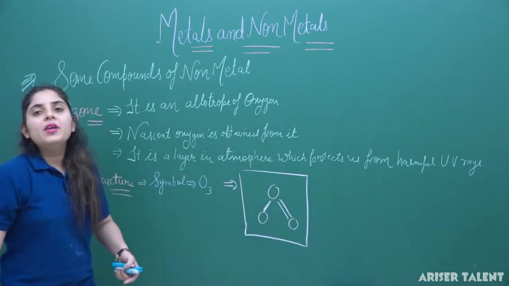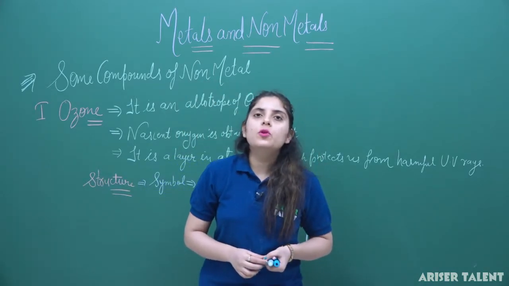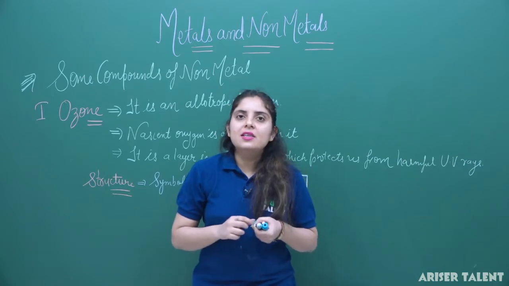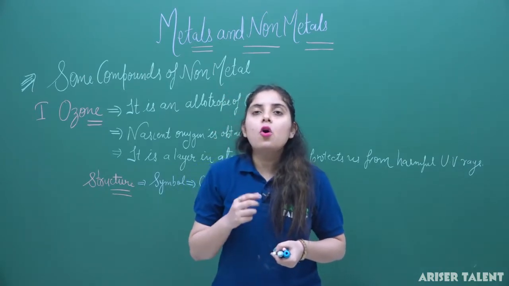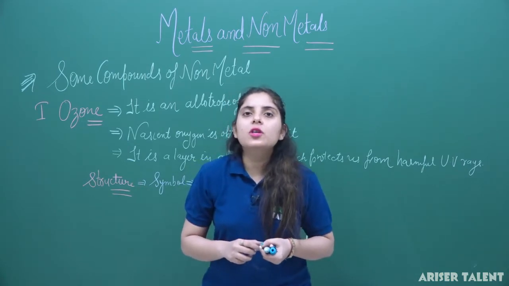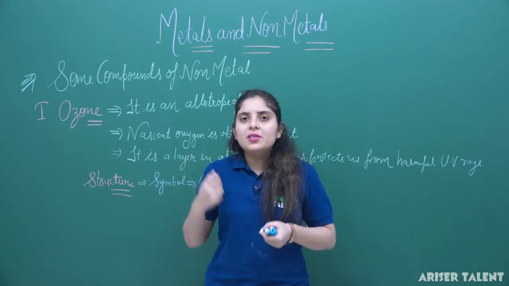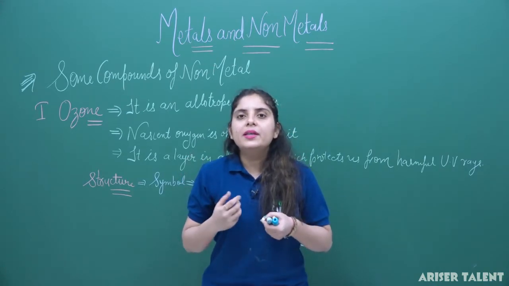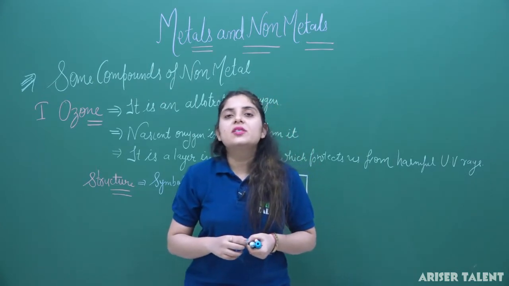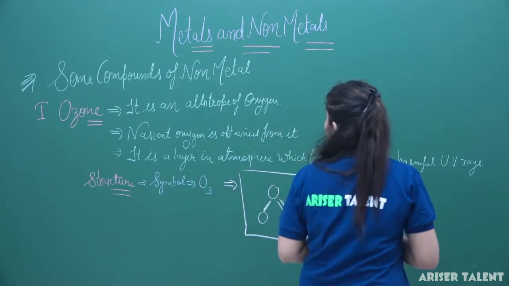Now we are on the uses of ozone, that is, what are the basic uses of ozone in our day-to-day life. Firstly, ozone is used as a disinfectant. Secondly, it is also used for purifying air and water. Ozone is also used in industry for dyeing purposes. Ozone is a protective layer that protects us from harmful UV radiations, and it has many applications in industries too. So its general applications are